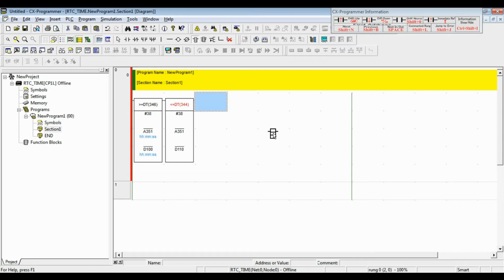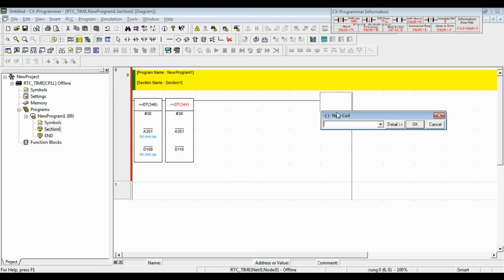Now I am going to continue to connect the instruction to the right side. So I click horizontal line, I put it here, and then connect to the right side. Then I get a new coil. I click and I put it here.